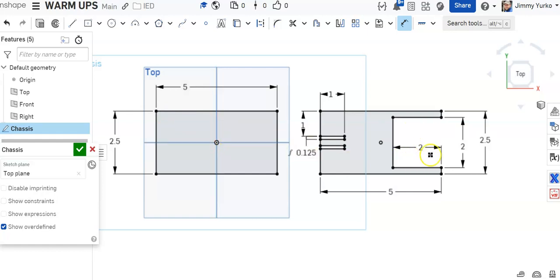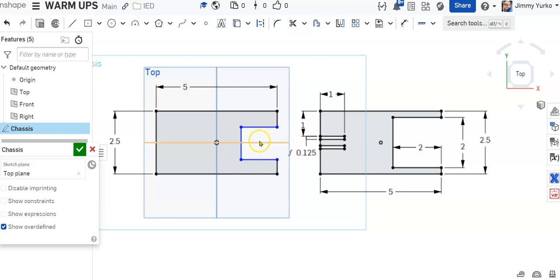Then we're going to have this cutout opening here, which we'll just draw with our line tool. Clicking on the vertical line, drawing a horizontal line from it, drawing a vertical line from the endpoint, and then double clicking to finish a horizontal line there. Then we'll trim away the opening in the middle using the trim tool, M,